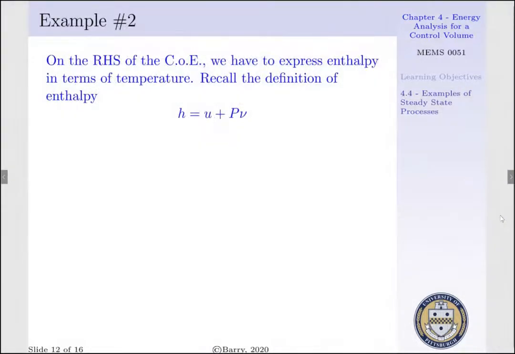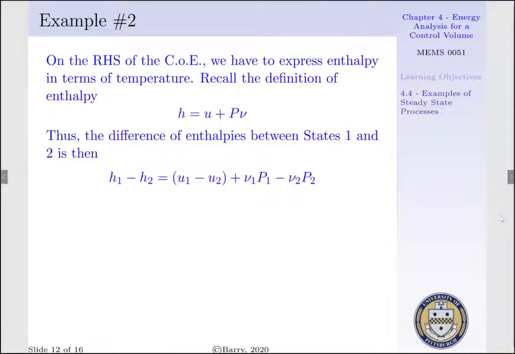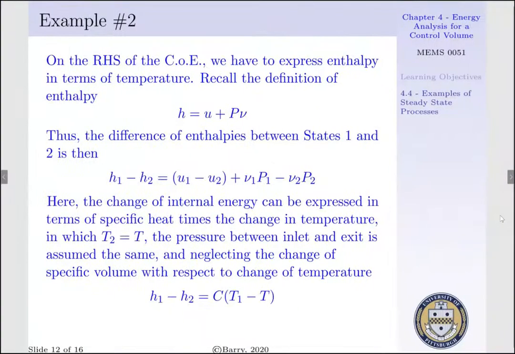On the right-hand side, we have to recall that our enthalpy is equal to our specific internal energy plus our pressure times our specific volume. In doing so, the difference of our enthalpies between state 1 and state 2 becomes u1 less u2 plus nu1 P1 minus nu2 P2. Since our pressures are the same and our specific volumes aren't going to vary drastically with respect to temperature, we can say that the difference of our enthalpies will merely be the difference of our internal energies. And the difference of our internal energies is merely our specific heat times our change of temperature,